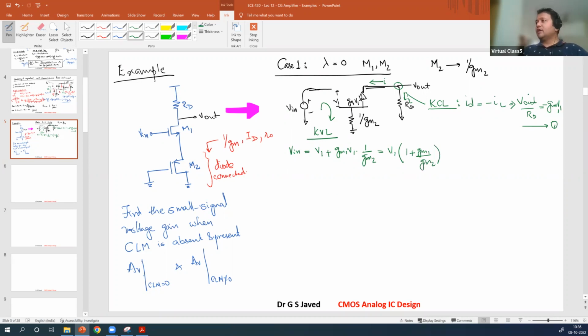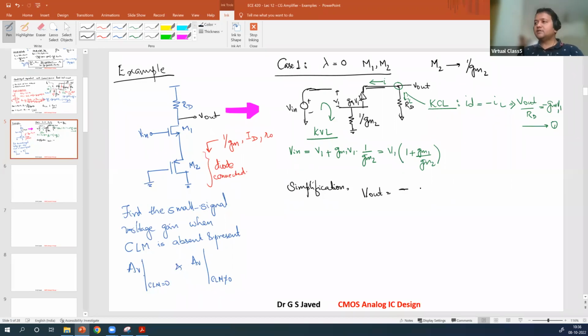If you simplify and try to get V out over V in, right? When you substitute the V in value here, V out over V in, on simplification, you get V out